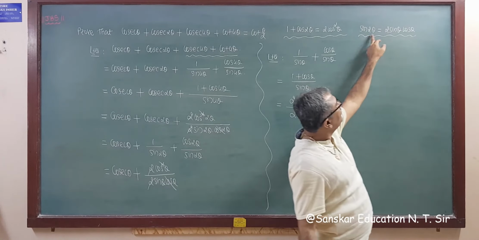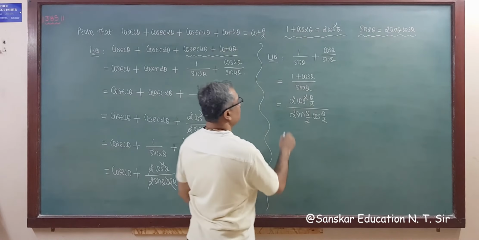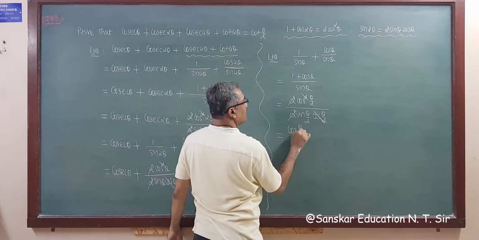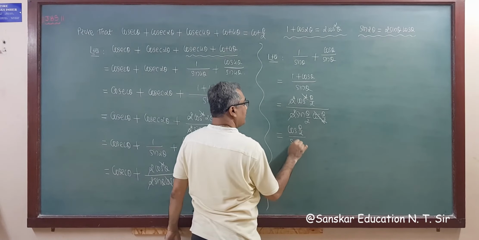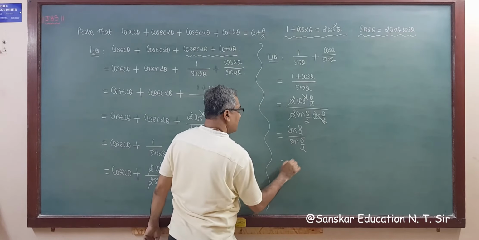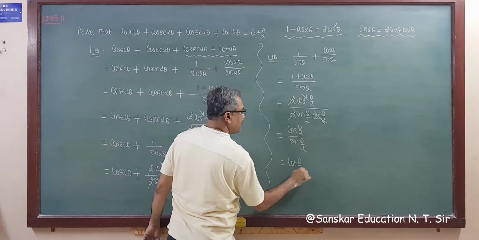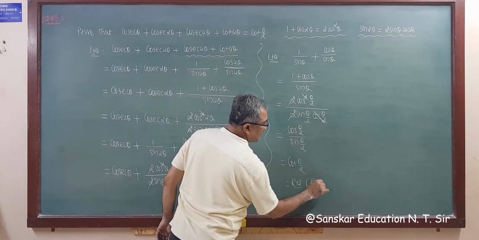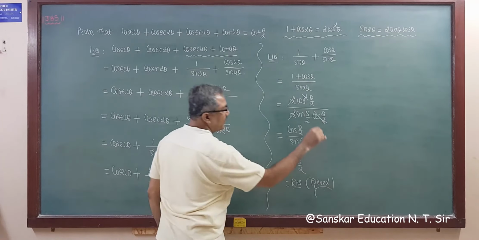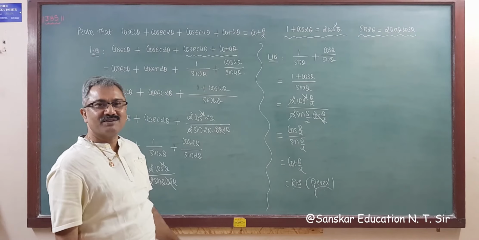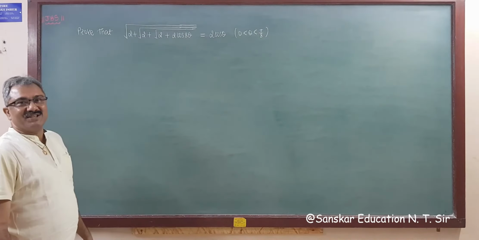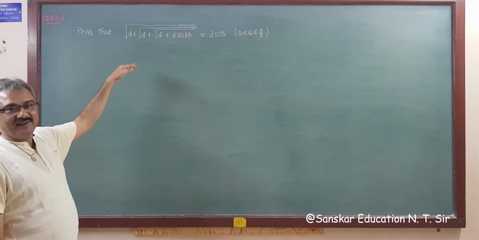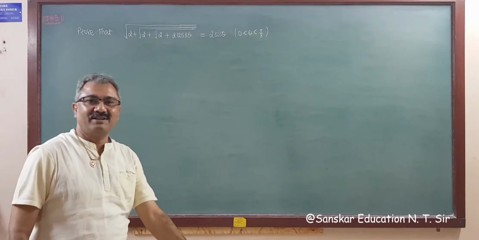You have to divide by 2. So this 2 cos will cut. So remaining will be cos theta by 2 upon sin theta by 2, that is cot theta by 2, that is right hand side. Hence proved. Got it? So nice example. One more. Same question, but only the way of asking is different, right?